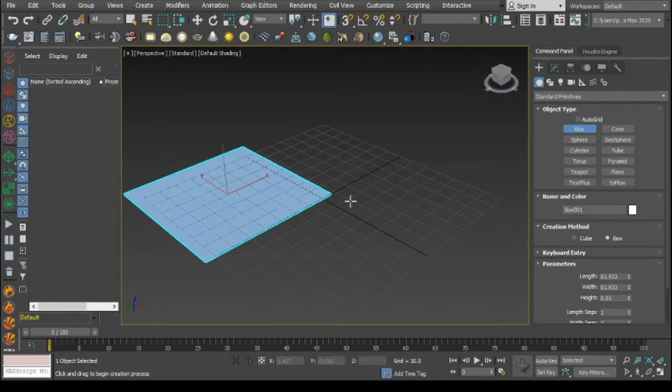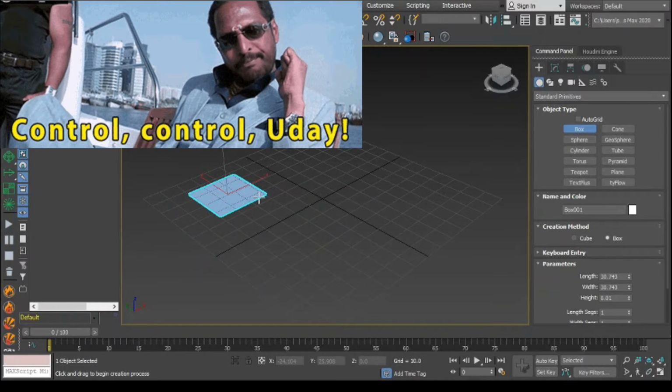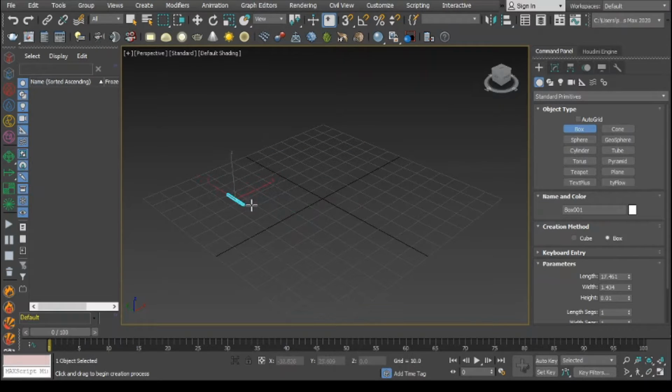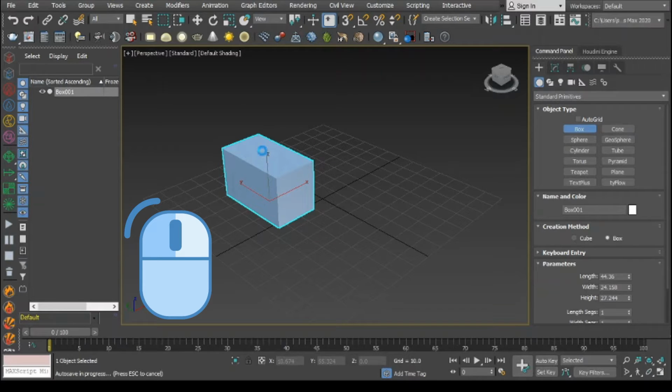If you want to constrain it from the center, press Control, and you will see that the cube has started going from the center. Release the Control button. You can see where you clicked earlier, from there the cube is starting. Once you get the size you want, just release the left mouse key and drag your mouse upward. You can see the height increases, so you can keep anything you want. Left click again, you got a cube.